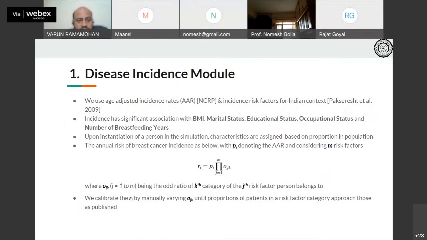So these are the key risk factors that we found in the Indian context, specifically a study conducted in New Delhi, which found that BMI, marital status, educational status, occupational status, and the number of breastfeeding years are key factors, right? Increased BMI is associated with an increased risk of multiple cancers, so that's not a surprising factor, but marital status and educational status were somewhat